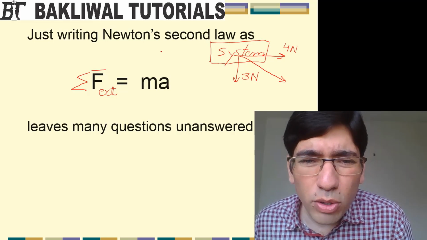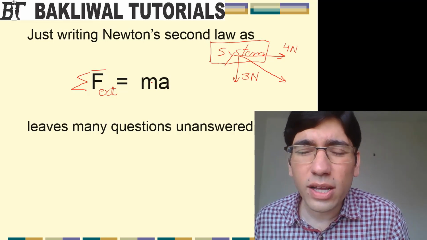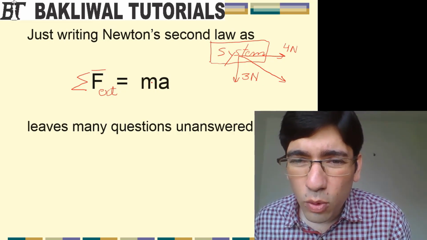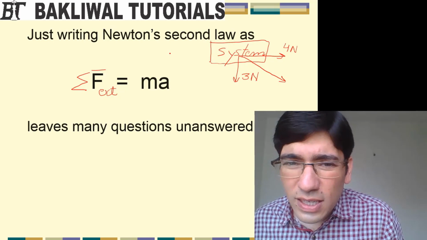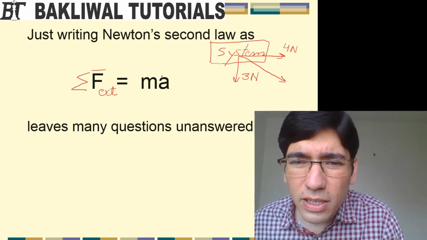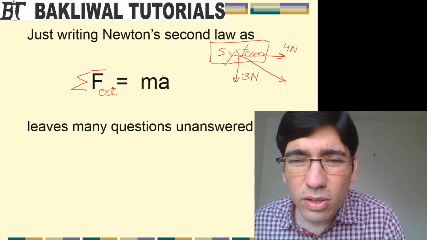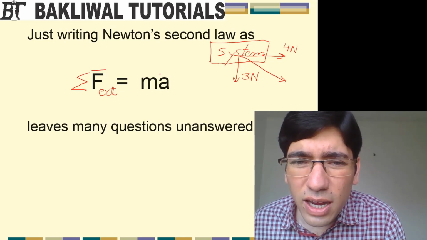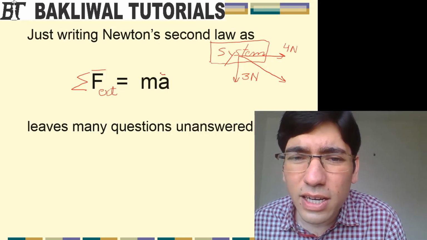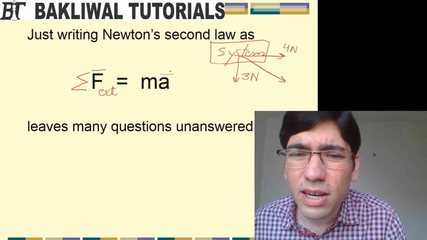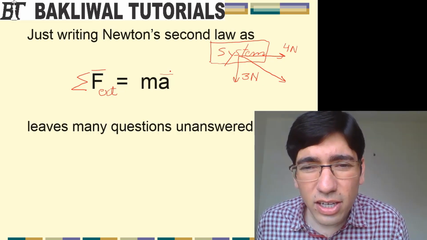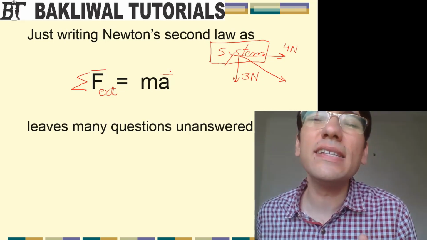Great. What about the right hand side? What does m represent? The m represents mass of the system. Amazing. What does a represent? Now please see, the left hand side of the equation is a vector, and a vector can only be equal to another vector and not a scalar. So right hand side, this a is basically nothing but a vector. A vector being what? The acceleration vector.